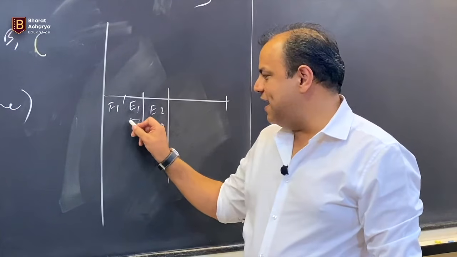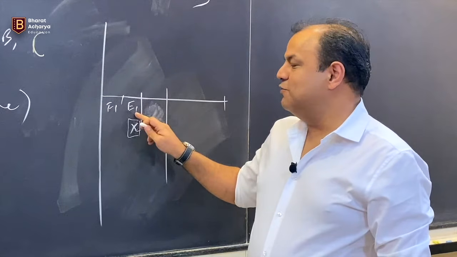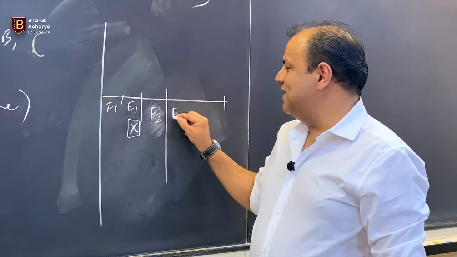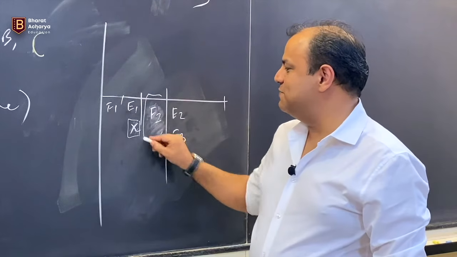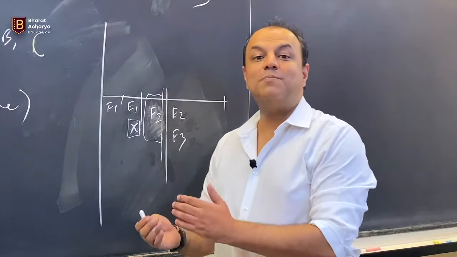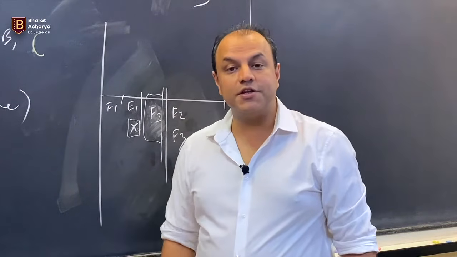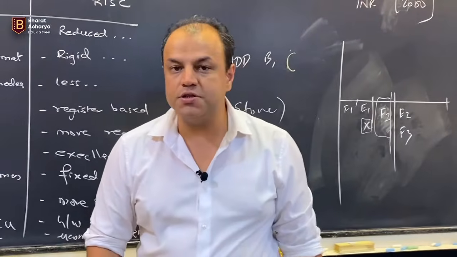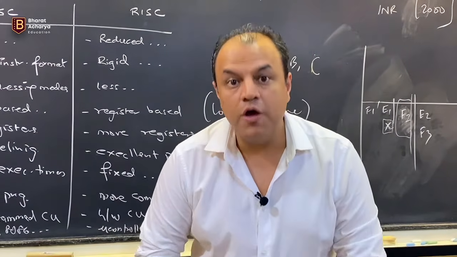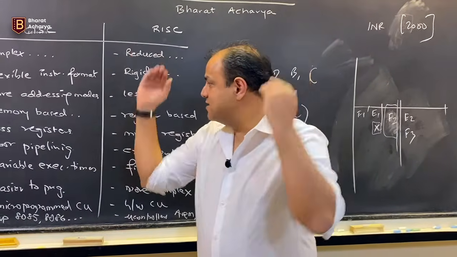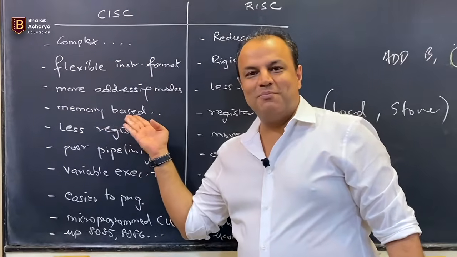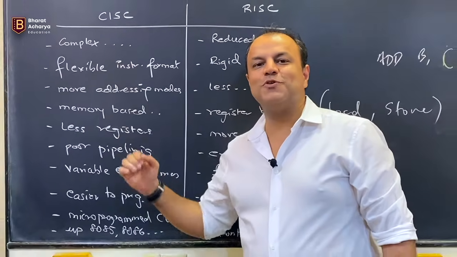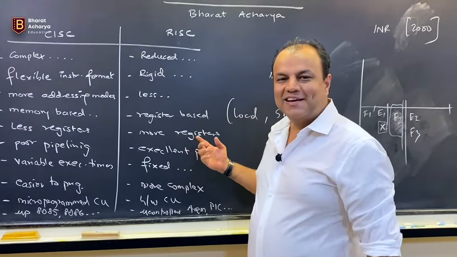That means there will be an empty cycle over here. When you finish your execution, here fetching of 2 will take place. Then while executing 2, you will fetch the third, which means there was an empty area. Your pipelining suffered. Your imagination that every time you're executing an instruction, you will be able to fetch the next instruction will not be necessarily true whenever you do a memory-based operation. And a CISC processor mainly does memory-based operations. So pipelining takes a very bad hit in a CISC processor, but this doesn't happen in a RISC processor because